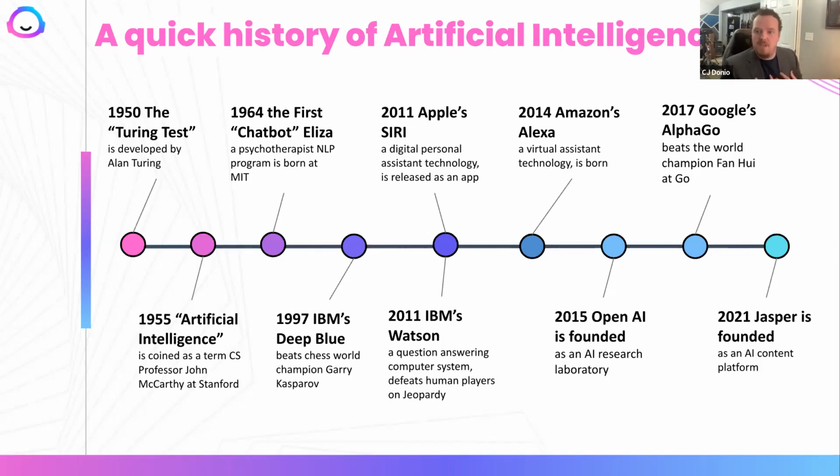2015 is, in my opinion, a very pivotal part of the generative AI movement because OpenAI is founded, which we'll talk a little bit about. They're basically a research partner for AI. And then in 2017, continuing that thread of human competition, Google creates AlphaGo and it beats a human player. The reason this one's significant is Go is a game that's very much about deception and strategy. It's very difficult to program a computer to do that, but they did, and the computer won.